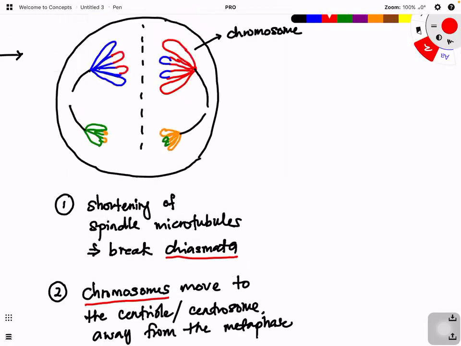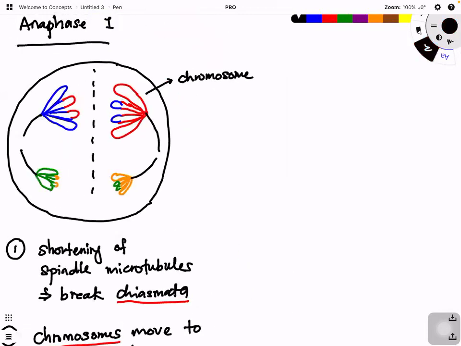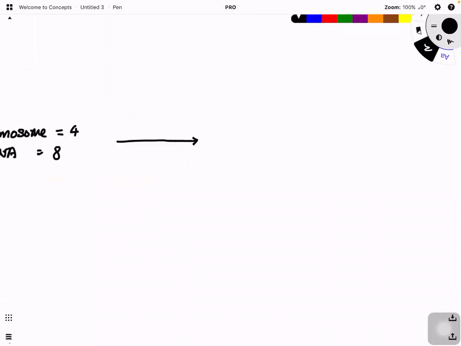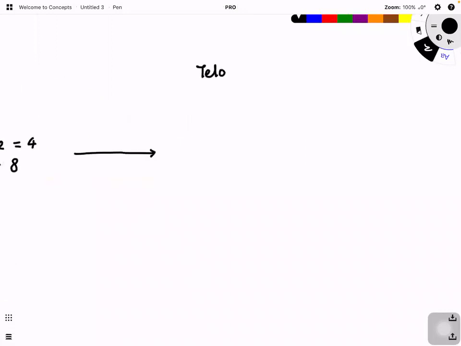So if I ask you here, the number of chromosomes still remains 4. Number of DNA per cell, because how many sister chromatids? Total 8 sister chromatids. So therefore, we have 8. And the number of DNA will be 8, or sister chromatids. Okay, so if we proceed to telophase 1 and cytokinesis,